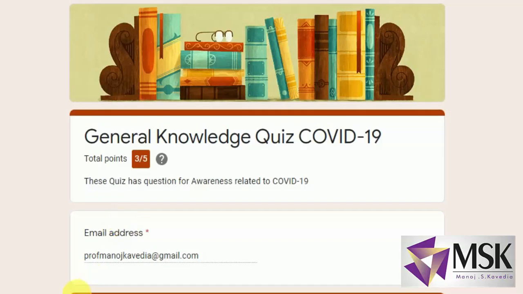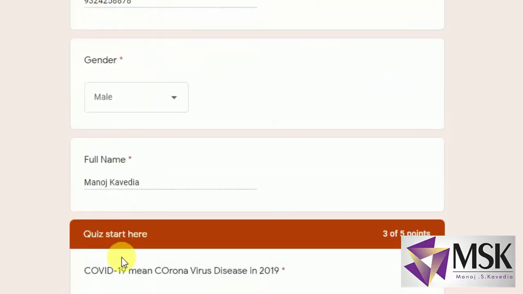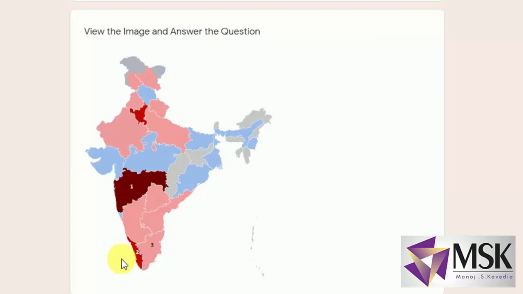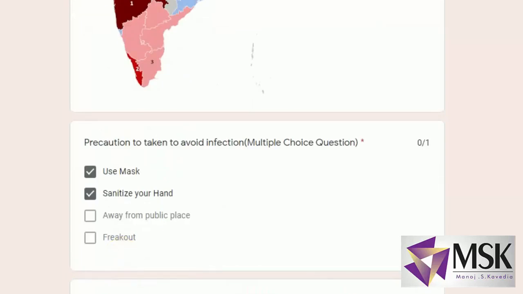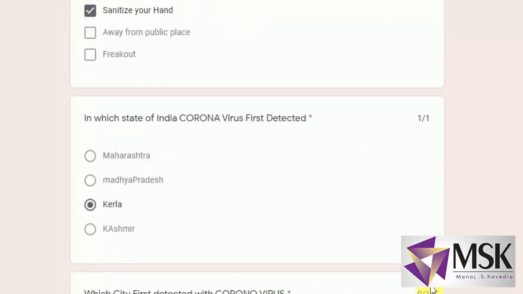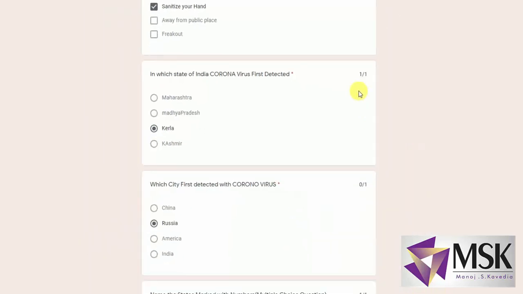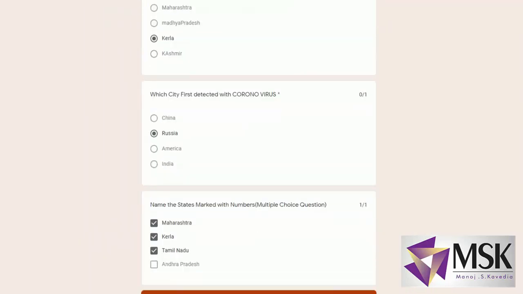If I say view score, this time I can see the score, but I am not getting the correct answers or the wrong answers. I'm just getting the marks, and if it's wrong, I'm getting 0. If it is correct, I'm getting 1. So this is the difference when I say show me the missed questions and the correct questions.